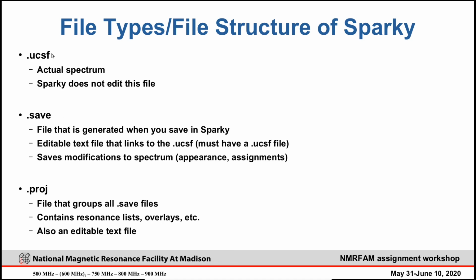So save to UCSF, it's one-to-one. You have one UCSF, you will have one save file. Probably you can save differently and have different analytic data in save files pointing to the same UCSF, but in general you will have one-to-one matching, and then you will have a project file that contains multiple save files. Okay,